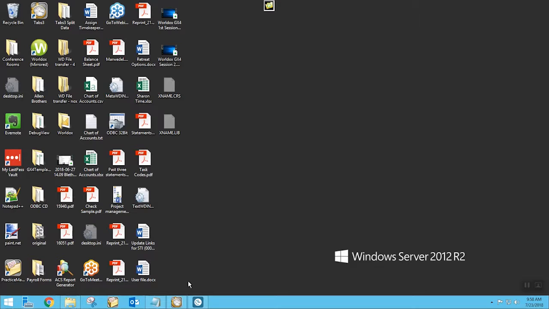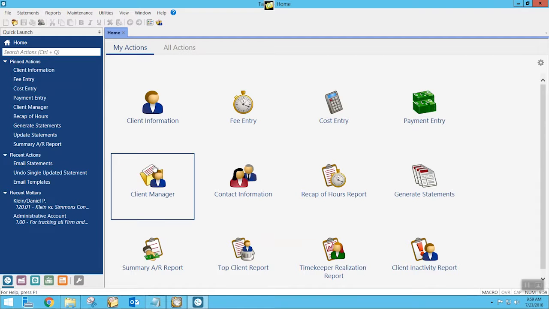So I'm going to show you how to set that up, and then I'm going to show you how it will look on a statement. It's fairly easy, and I think it will greatly decrease the amount of time that you need to spend doing this. So let's look at this. I'm going to go into our sample data to start with this, and I'm going to show you how to set it up, and then I will show you how it actually